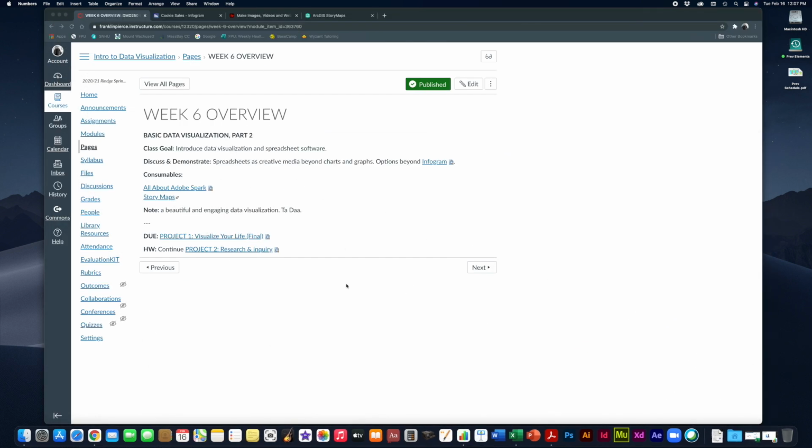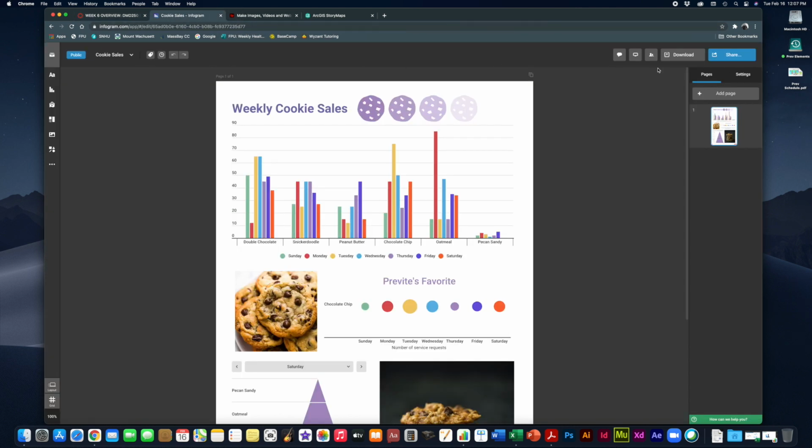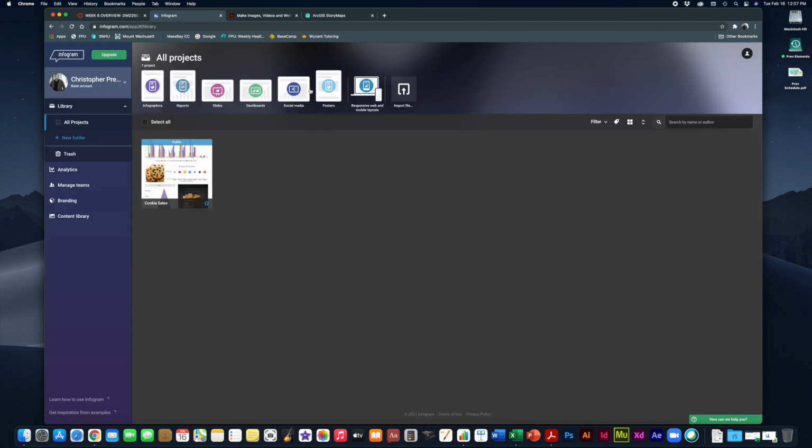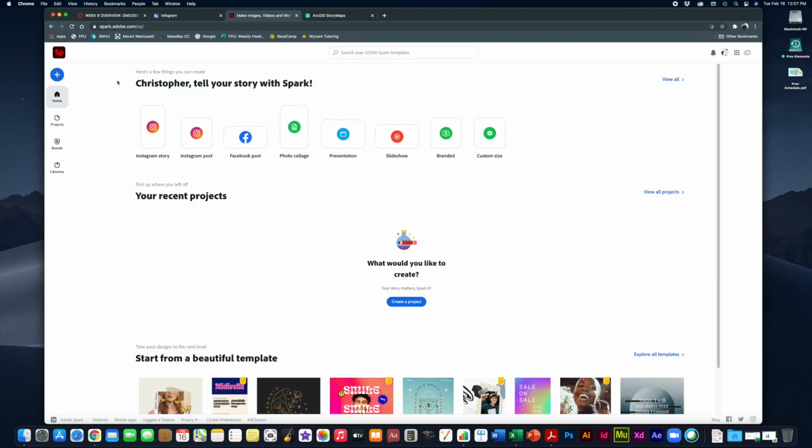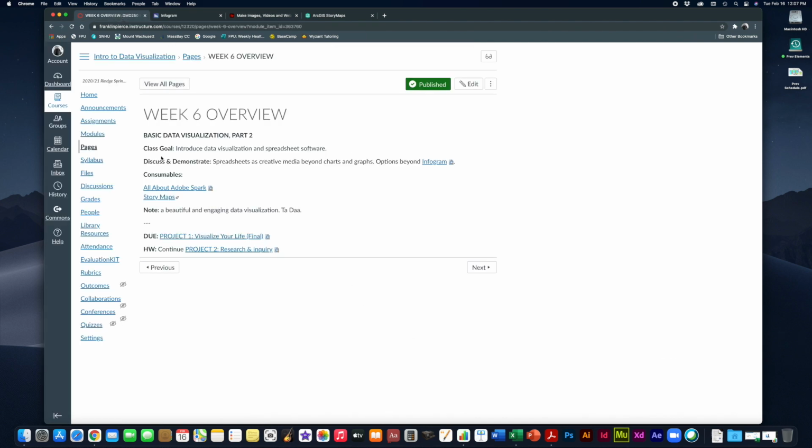Now, if you don't have an Apple computer, or if you're just not interested in Numbers, there are other things we can look at that are a little more specific outside of Infogram. Infogram, of course, is designed specifically for data visualizations, naturally. So everything in here offers you the option not only to make good-looking presentations and graphics, but also really good interactive data visualizations. But other programs like Adobe Spark, which, if you go back to our Week 6 overview, there was